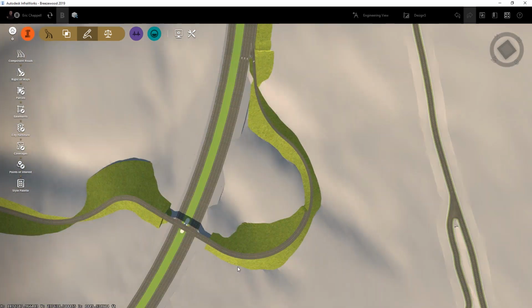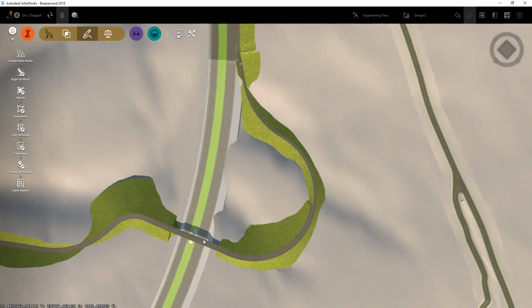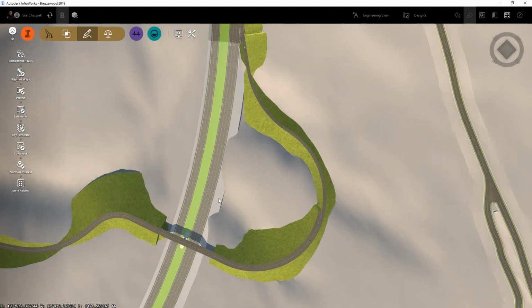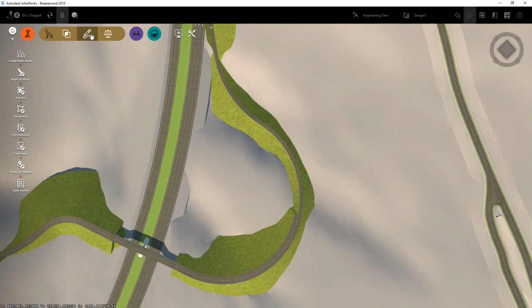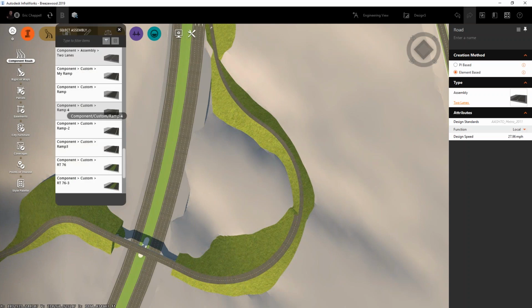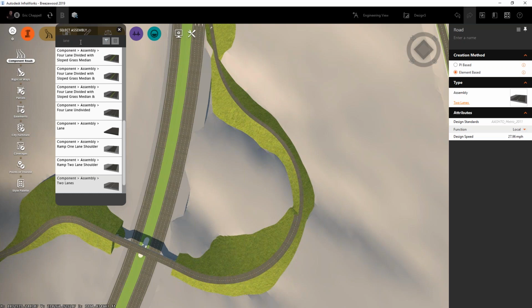Okay. Now I want to make a place where people heading north or east on the turnpike can exit and come back around and over the bridge. So to do that, I'm going to create another component road. And this time, instead of a 2-lane road, I'm just going to go over here and pick a lane. Now, I've racked up some assemblies in here, so I am going to type in the word lane, and that'll narrow down my choices, not much, but enough to where this lane component